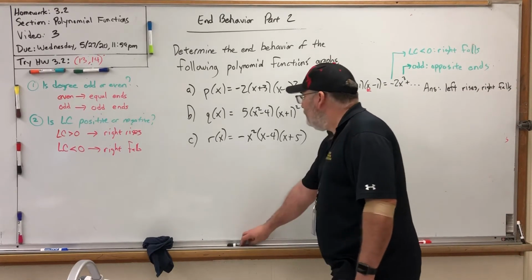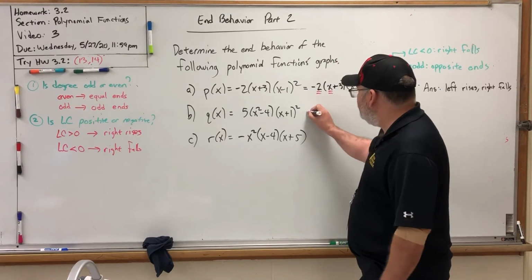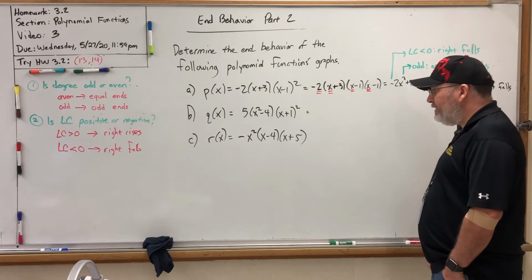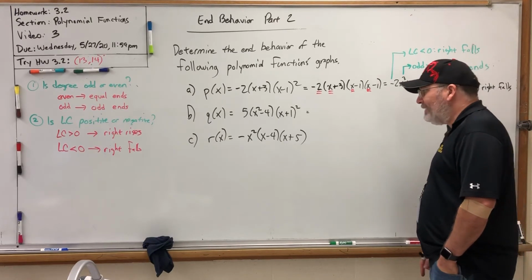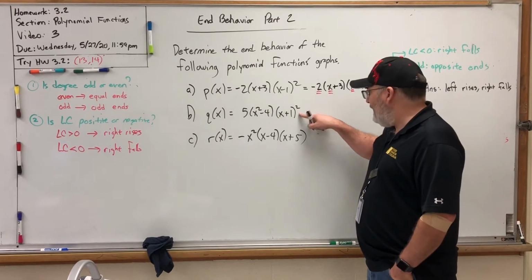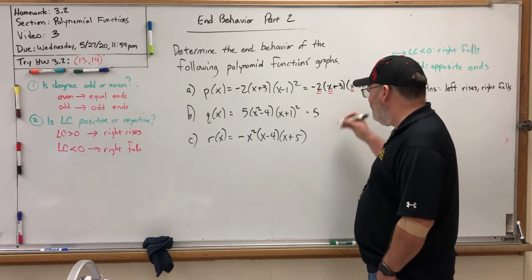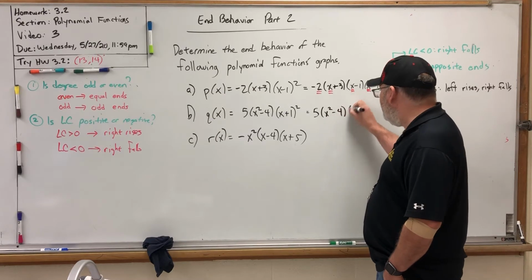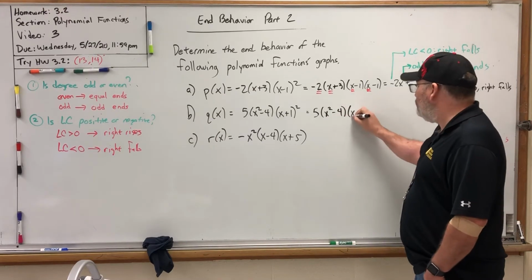All right, so let's take a look at Q of X. Again, to find the leading term, you simply have to multiply the leading term in each factor. And if you have a squared factor, you might want to write it twice, or whatever the power it is. It's not actually necessary, I'll show you why in just a second. But if I wrote out the x plus 1 twice,